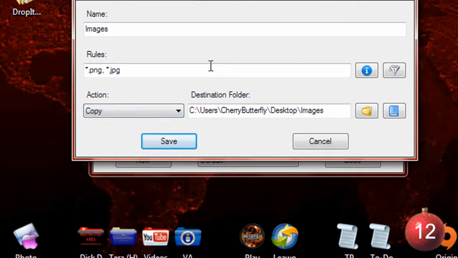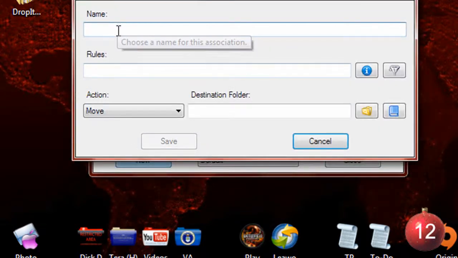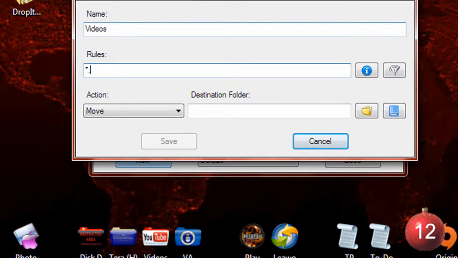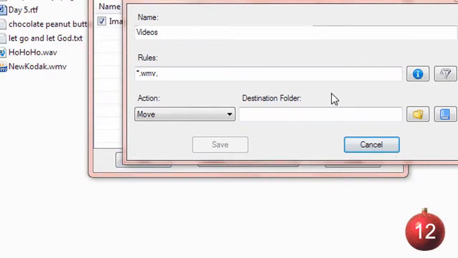I'm going to have it copy, and I'm going to do an images, and then I'm going to create a new one that I'm going to call videos, and I want WMV, I better put star, and I can't remember what the other ones in that folder are. And AVI,